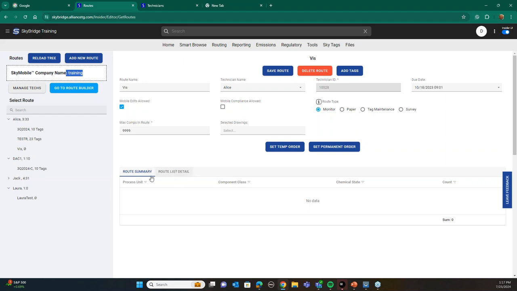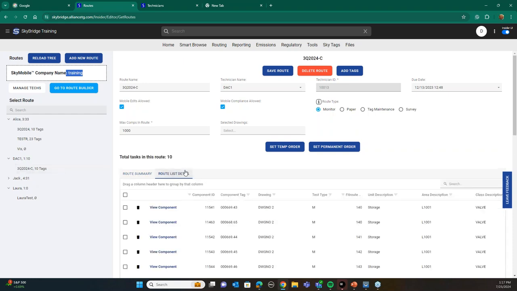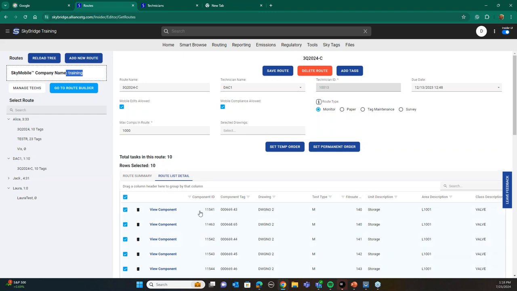So again, the information that you have in here in the routes too, just some other options that you have. If you notice, every route has a route summary now, where before you just saw the route list detail, right? So again, I want to right click on there. I get a couple options. I can move selected to another route. I can force test type. You had that in Leak DOS. Set temporary route order. Set permanent route sequencing. You can do that too. So if you just want to do temporary, you can do that. You had that in Leak DOS, but here permanent route sequencing. So you'll put a whole unit in here if you wanted to. And what you can,